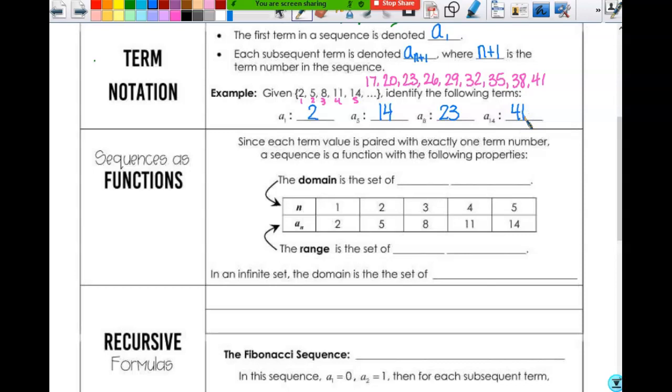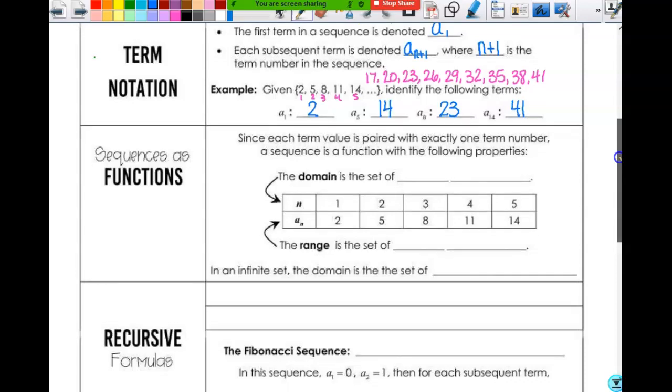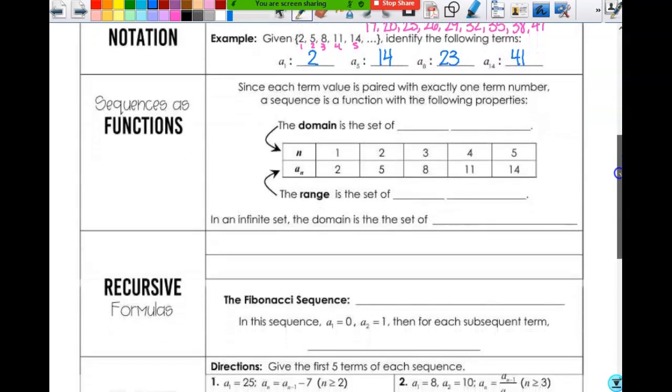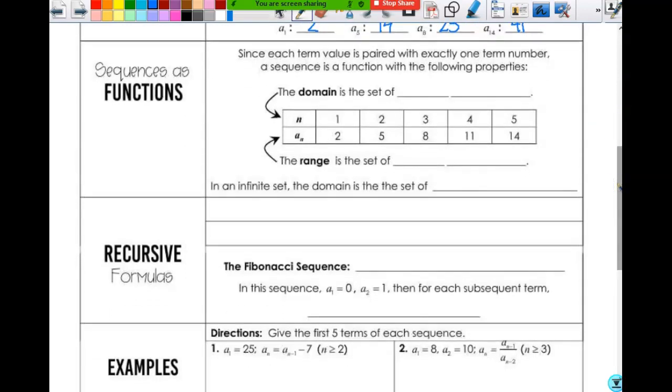Depending on the pattern, depending on the type of equation you have, maybe you have to list them all out to get to what you need, but not always. Depends on what kind of formula you're expected to have and what situation you're in. But let's talk about some more definitions first. Any questions on that so far? All looks good. So, since each term value is paired with exactly one term number, a sequence is a function